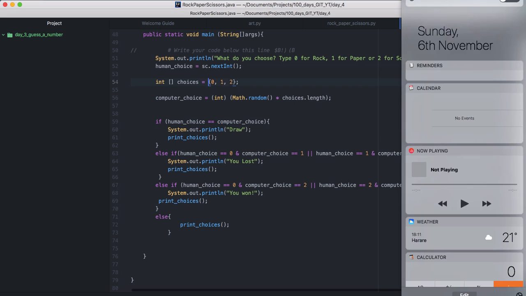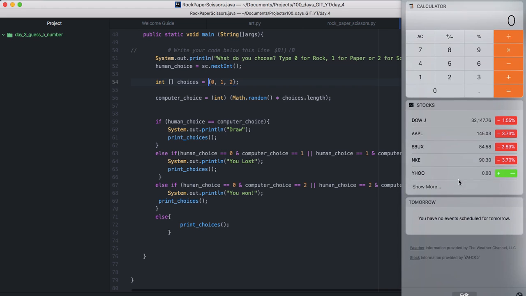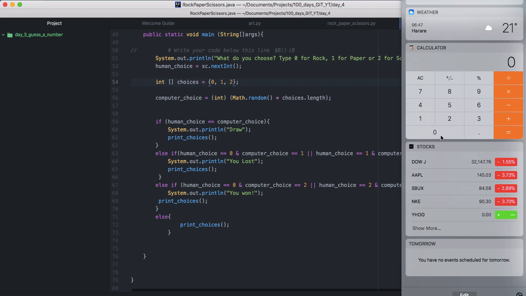Let's say it will randomly pick a number between 0 and 1, which will be, let's say, 0.2. Then we multiply that by the length, which is 3, and we get 0.6, right? And then we make that an int, then it's going to go up to the ceiling, which will make this equivalent to 1.